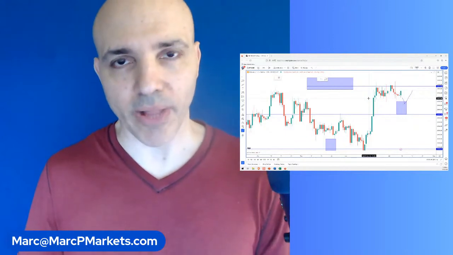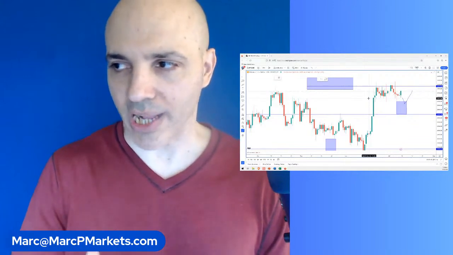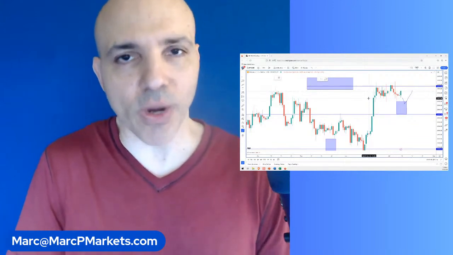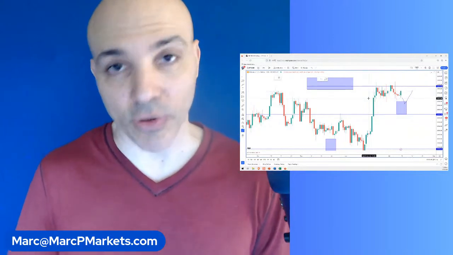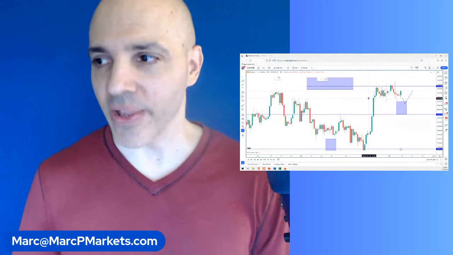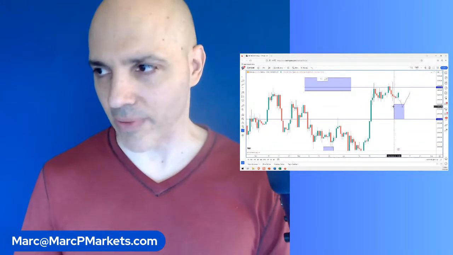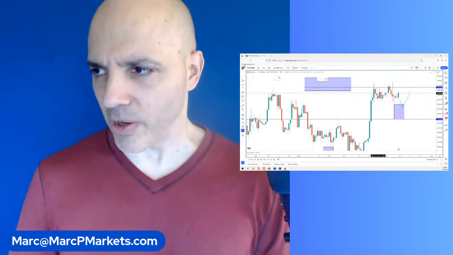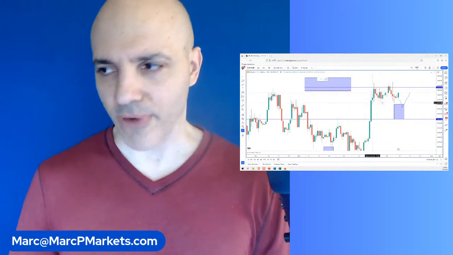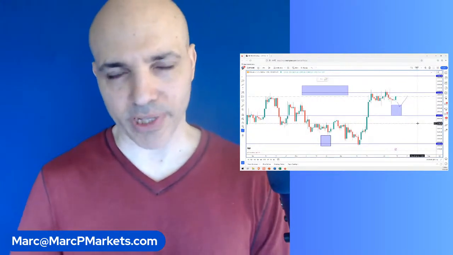That's more probable. And all we're trying to do is gauge, is this likely to go higher or lower? And what can we assign a probability to that? Now, I have to do this in an anecdotal type of way. I'm not an engineer. I don't have a mathematical way to do this, but the concept is mathematical. The point I'm trying to make is you need to be aware of what the higher probability levels are so that we can wait for a particular situation.